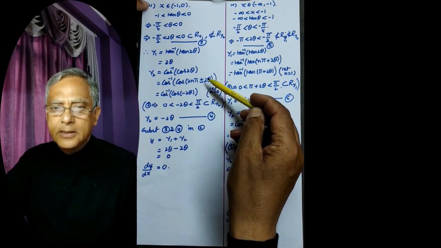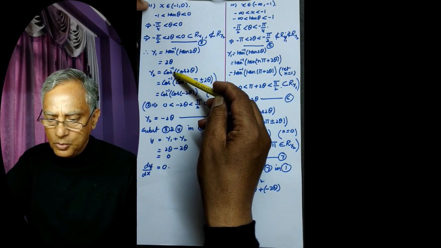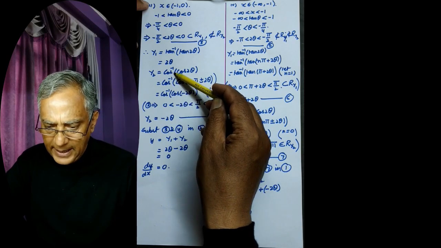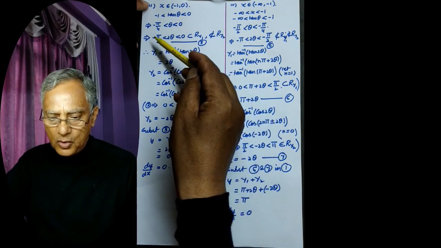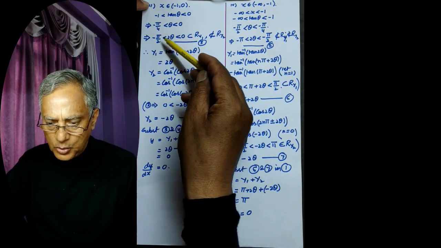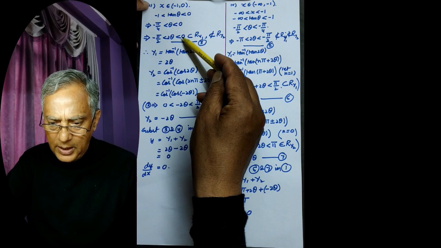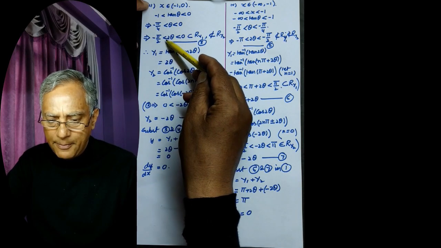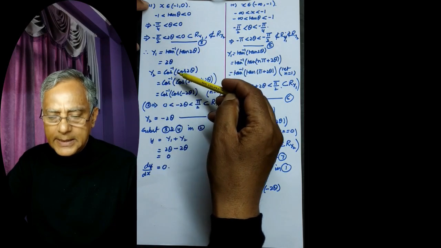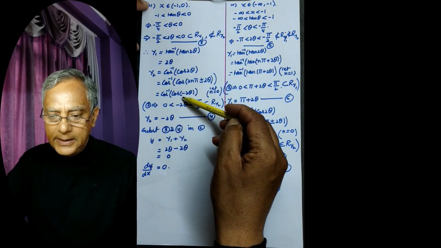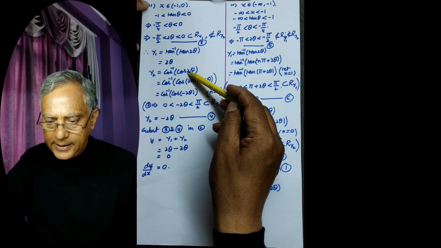This can be done orally. You can do this mentally and directly write this step from here. Cos inverse cos 2 theta. Now 2 theta is in this interval. If I multiply this by minus, it will be 0 is less than minus 2 theta is less than pi by 2, which is within the range. So you can directly write this from